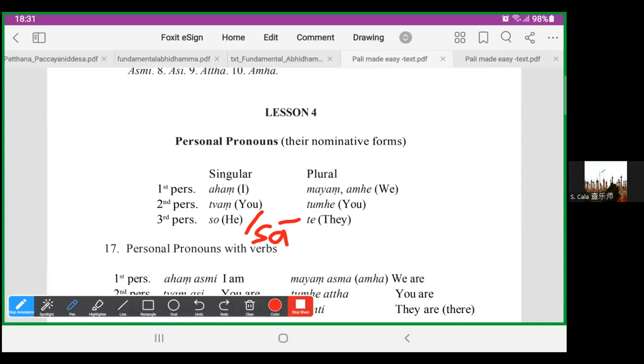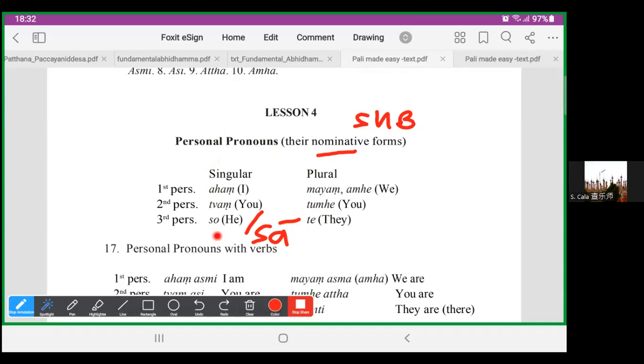Okay, so personal pronoun, and this is the nominative form. Later when you learn declension, you will see that nominative means it's the subject. So when you see this form, you take it as the subject. Now we are doing the personal pronoun. I think you all know, right? Pronoun means something that can replace the noun, like he or she or I or it. And this has to do with a person, so we call it personal pronoun.